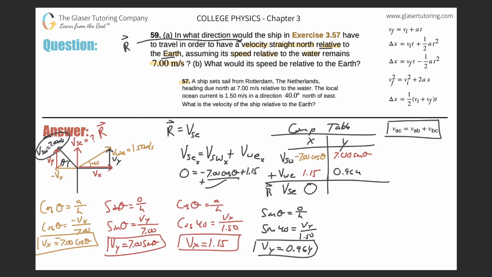Add this term over to the left. We might write 7.00 cosine of theta is equal to 1.15. Oh man, I see how to do it now. We got one unknown. Awesome. So solve it: divide this side by 7, divide this side by 7. I'm going to do the work here on the left now. So I have cosine of theta equal to 1.15 over 7,